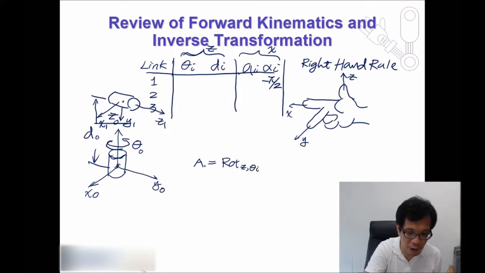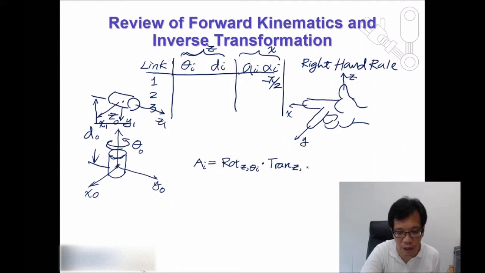Then the second one is going to be the translation matrix corresponding to Z and di. And the third one over here is going to be translation as well, but this time it is going to be X, ai. Then I'll have the rotational matrix